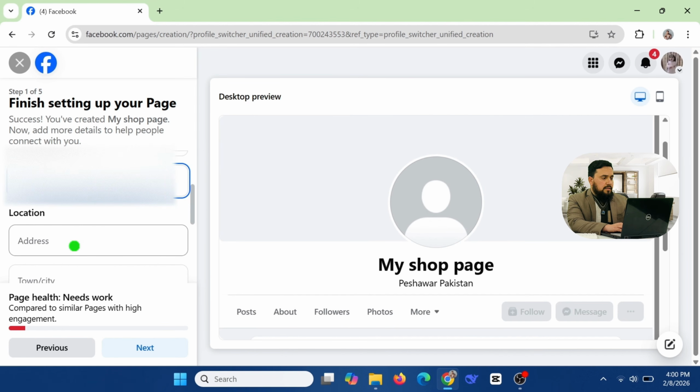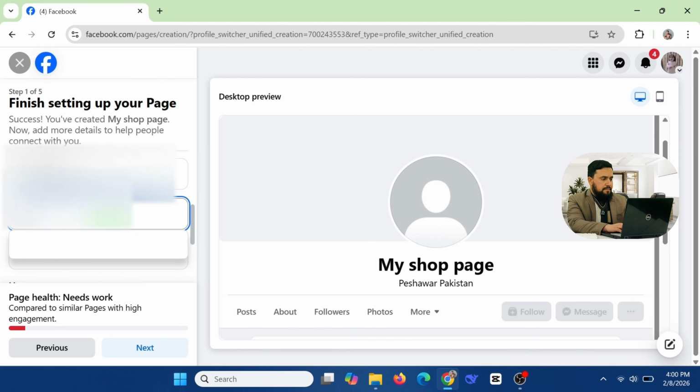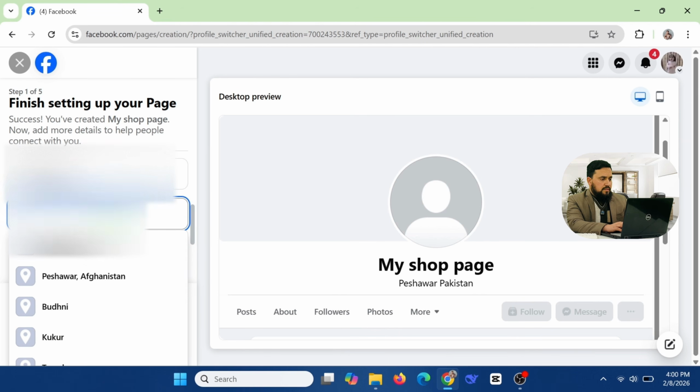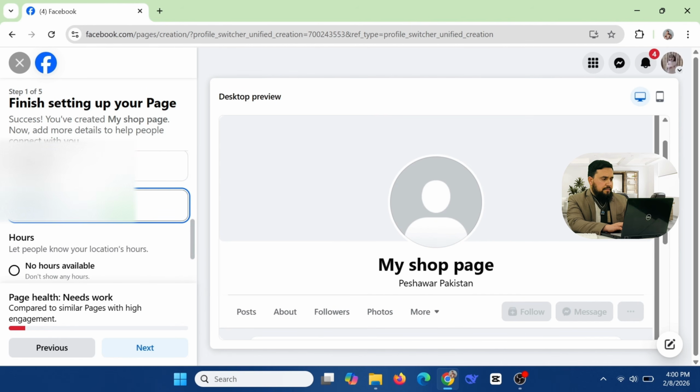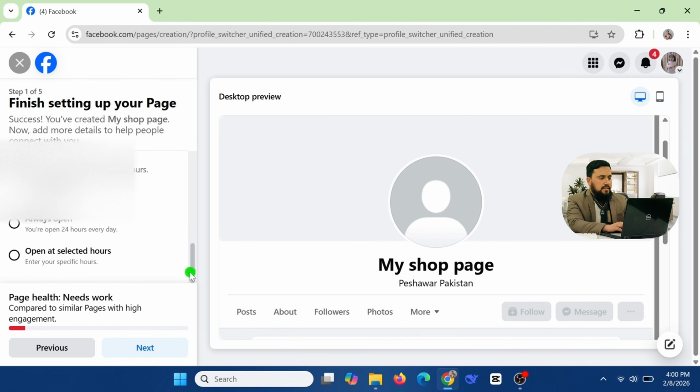And then type your address here and scroll down, type your city name, then scroll down, type your postal code here and scroll down. This is the hours section. You can select one option from here, then click on the Next button